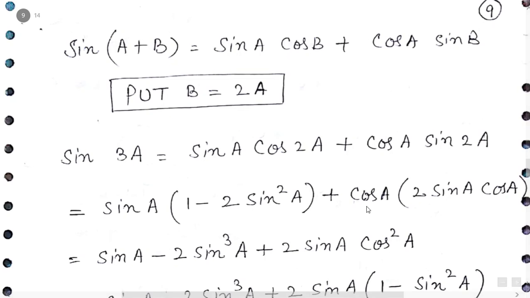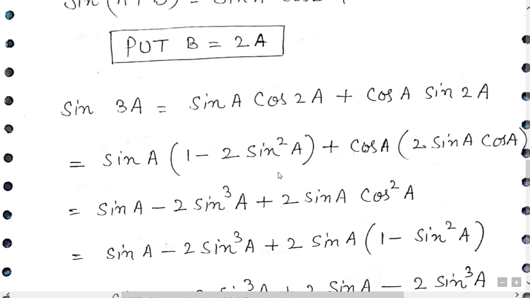Now the derivation for sin 3A, cos 3A and tan 3A. Simply insert B equal to 2A. Now insert the formula of cos 2A, it's 1 minus 2 sin square A. Now here the point is important. Why do I insert the formula as 1 minus 2 sin square A? We know that there are 4 formulae of cos 2A, but I have to find the answer in terms of sine only. That's why this formula is there.